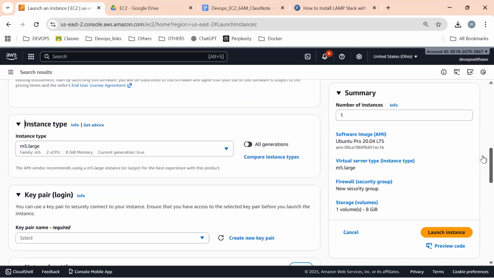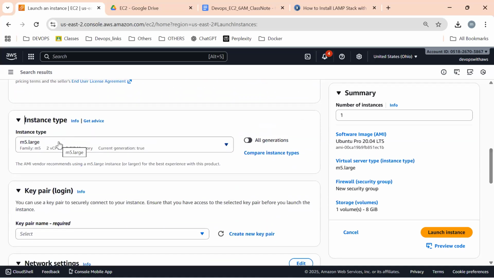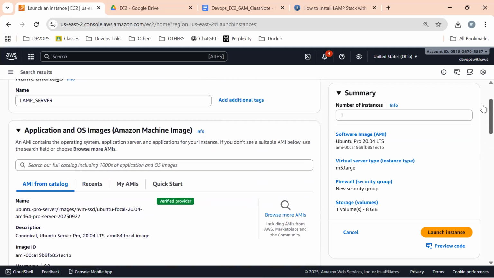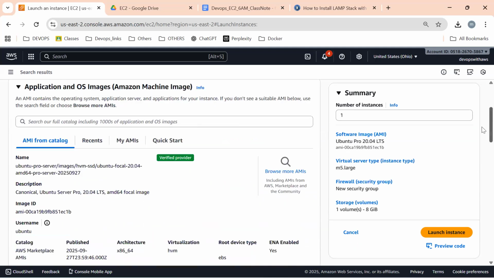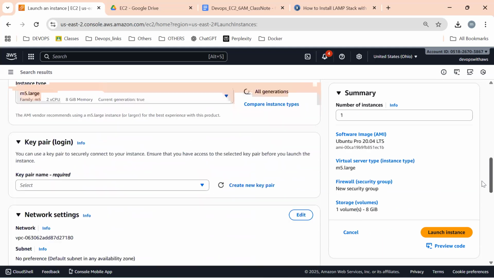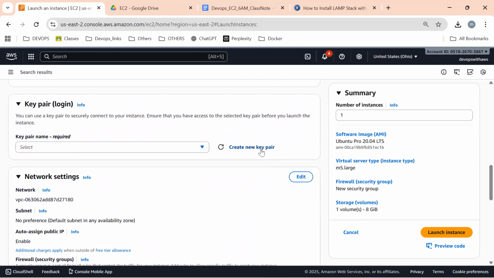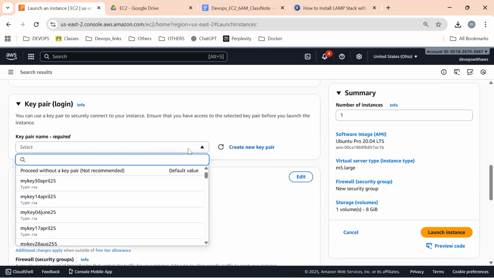Each and everything we're going to be choosing, you are familiar with. The only change is choosing the AMI from the marketplace. Please be aware of this and follow the steps. Once that is done, whether you want to create a new PEM file, yes, we can create a new PEM file also. But I'm going to choose my existing PEM file which I used last class.